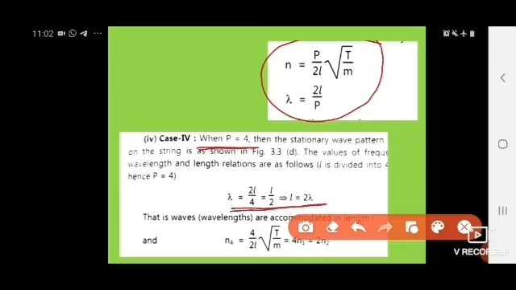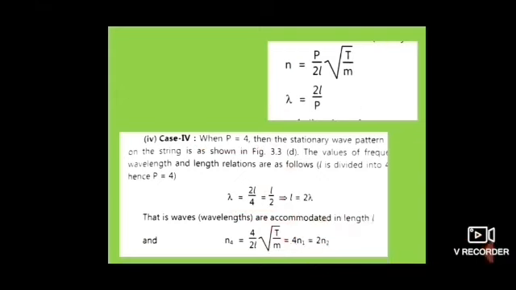By putting this value of λ into n4, we get n4 = 4/2L × √(T/m), which gives rise to 4n1, which is equal to 2n2. So this mode of vibration is called the fourth harmonic or third overtone,